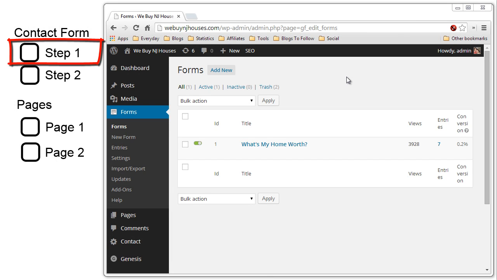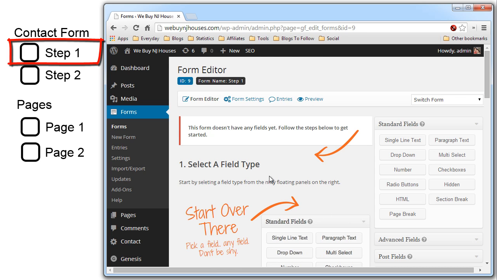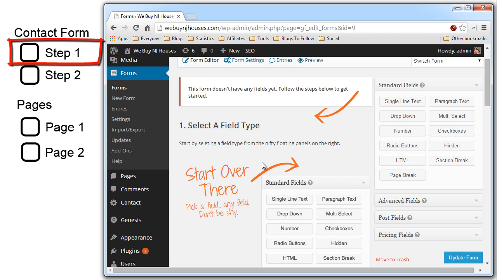Let's create the first contact form. Add new, call it step 1, create the form. Now what we want to do in the step 1 form is to add the minimal amount of data that you